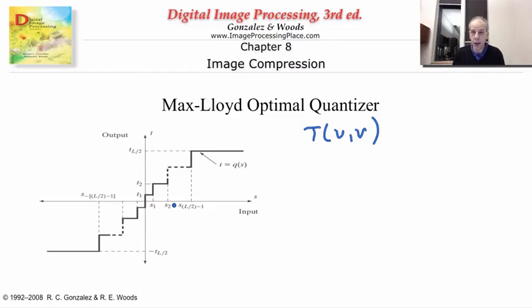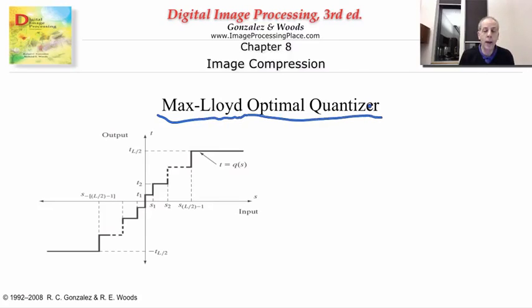Once again, in part because of simplicity, but I want to conclude this chapter on quantization by explaining that you could actually do better if you were willing to spend a bit more complexity in your algorithm. There is a very nice theory on how to do better, called the Max-Lloyd Optimal Quantizer. The basic idea is relatively simple, although computations are not always straightforward. Remember, if you want to measure the error